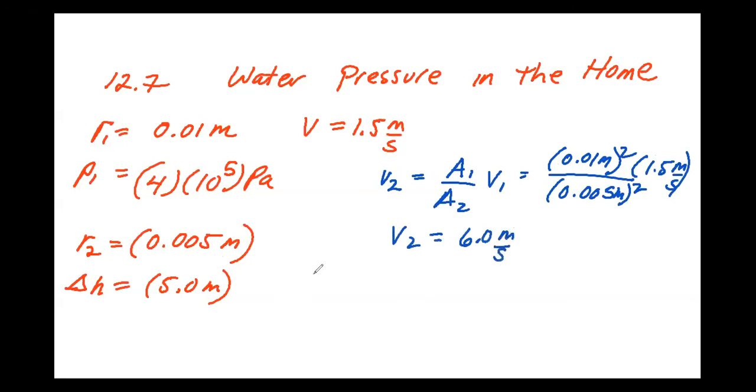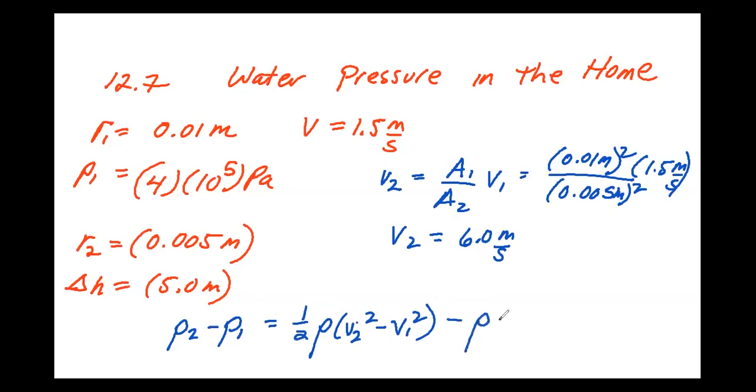All right. Now we're going to use Bernoulli's equation to find that pressure. So it's going to look like P2 minus P1 equals 1/2 rho (v2 squared minus v1 squared), we just got that value, minus rho g delta h. And so this is going to be equal to,